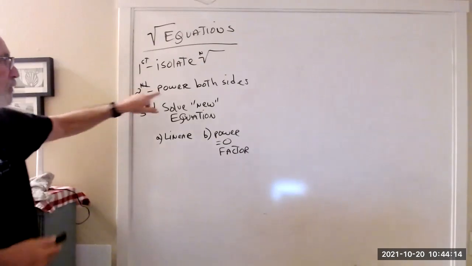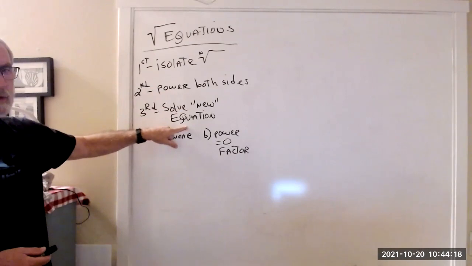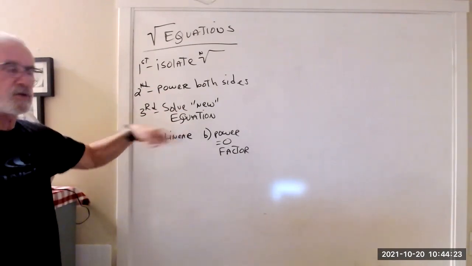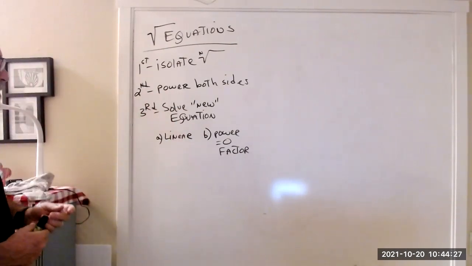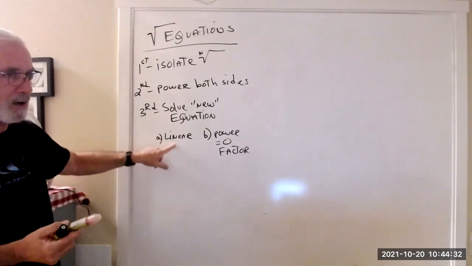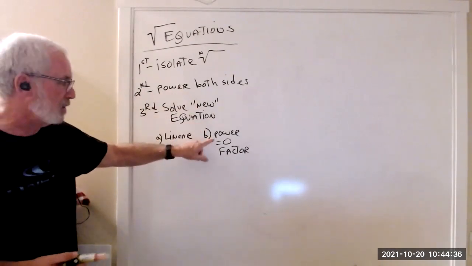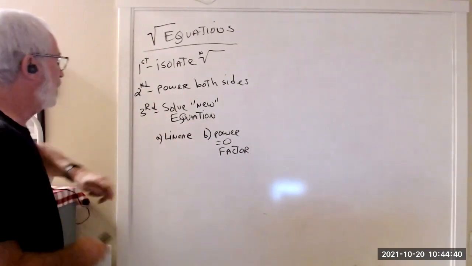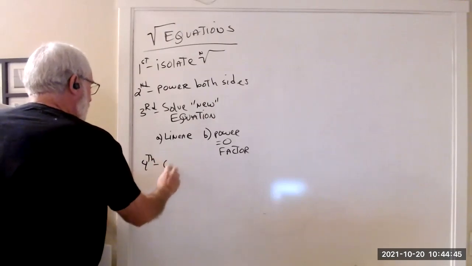After you power both sides, you got to decide, oh man, how do I solve this problem? And every problem is a little bit different. So you've got to apply analysis and critical thinking and all kinds of great things. But for our purposes right now, they're either going to be linear, that means no power, so you get x alone, or they're going to be power, which means we make it equal 0 and then we factor it. Okay, so we solve it. Fourth is we check